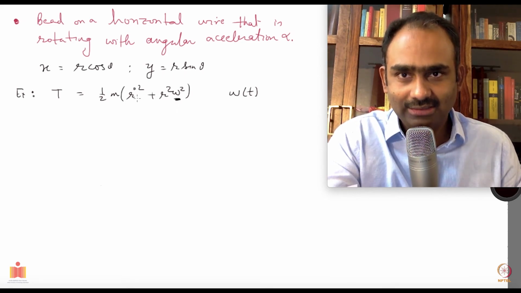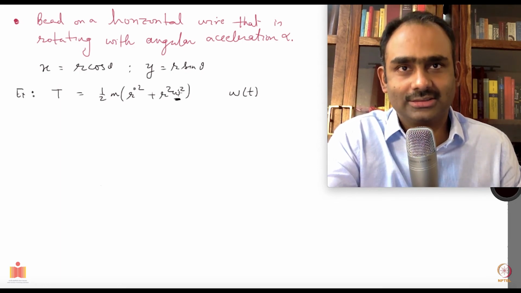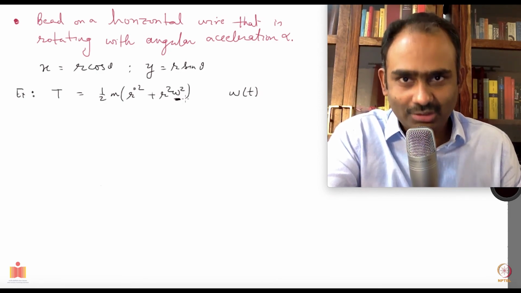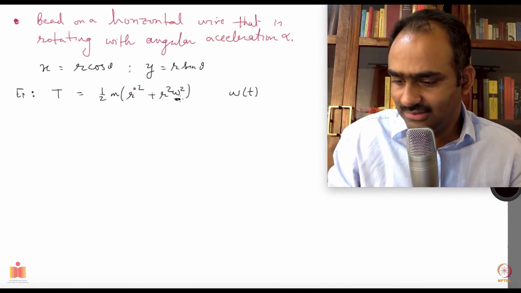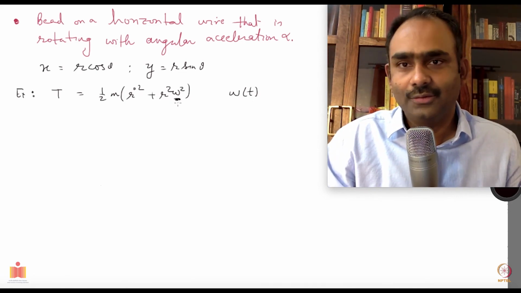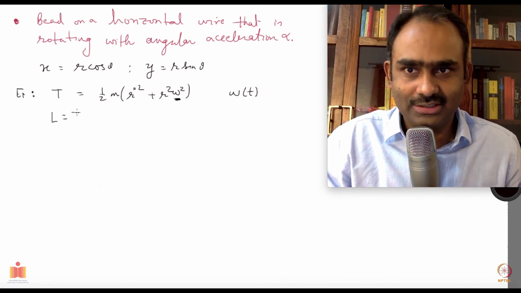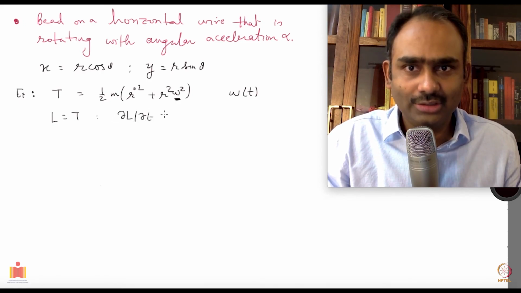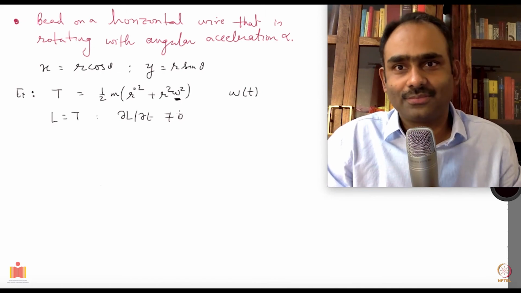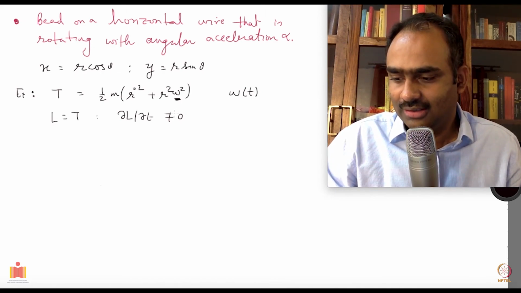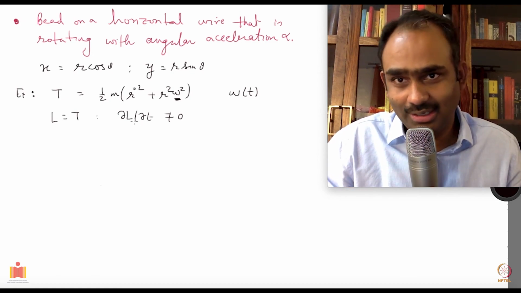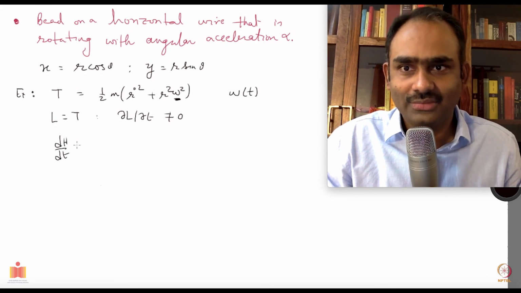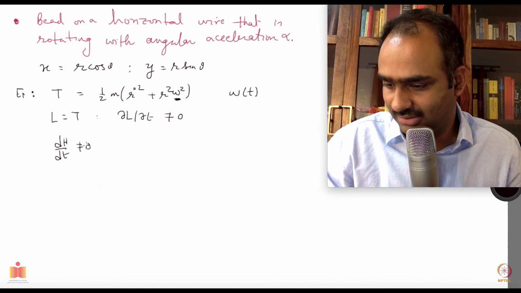See, the r's have time dependence, but omega is not a generalized coordinate. It's not some theta or something. Okay, it's anyway one-dimensional system. So because of this function, your T has an explicit time dependence. Which means your Lagrangian, which is same as T, because again there is no potential energy, has del L over del t not equal to 0 this time. Last time it was. Now is H conserved? No. Why? Because del L over del t is not 0. So your dH over dt is not equal to 0. So your H is not conserved.